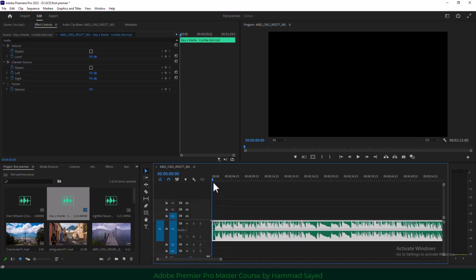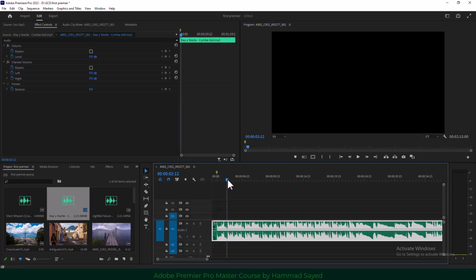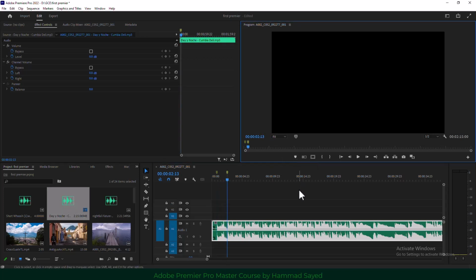So if you want to do it manually, you have to just check this audio wave, and where the waves are increasing, you can put the marker manually. Click here, shortcut key is M, so a marker will be inserted. Again play and go here, click again for a marker. Shortcut key is M, so you can use it, for example, where you feel the scene should change. You can press spacebar, play it,